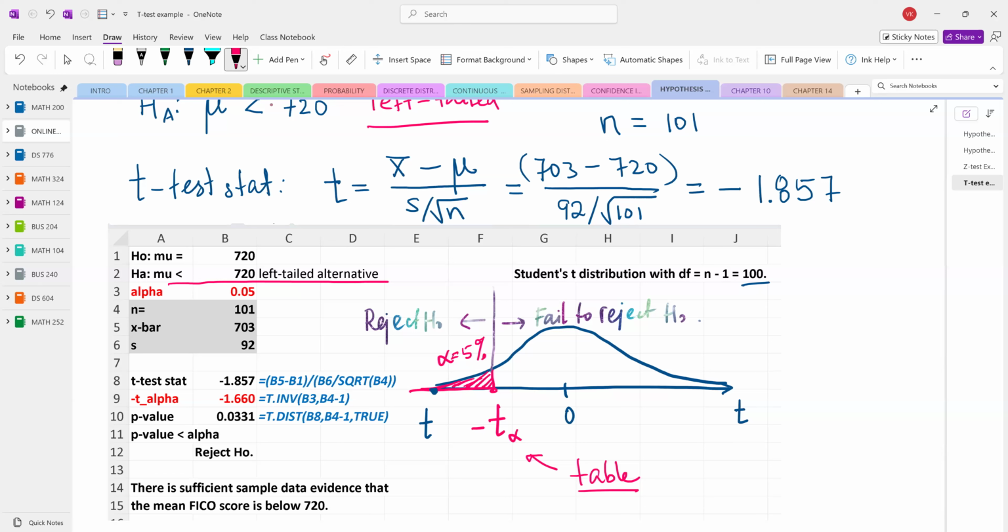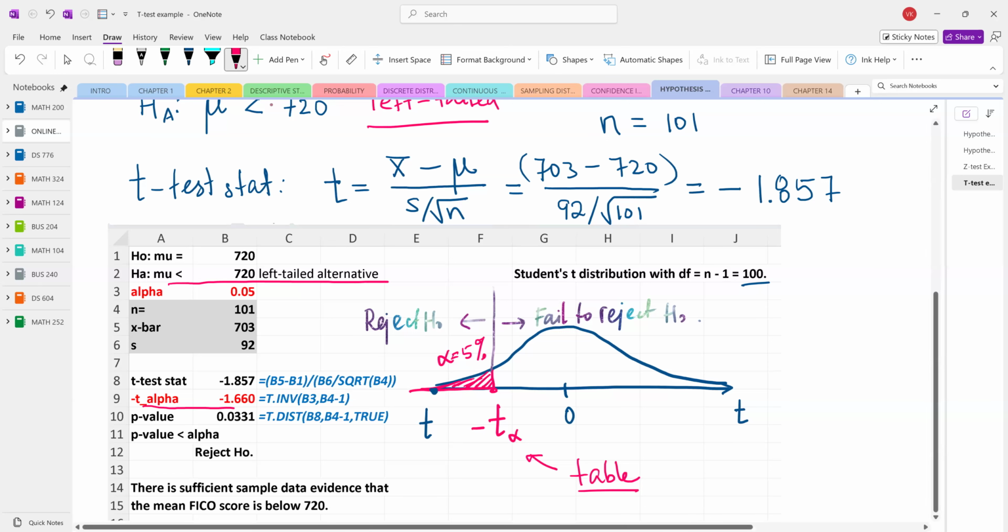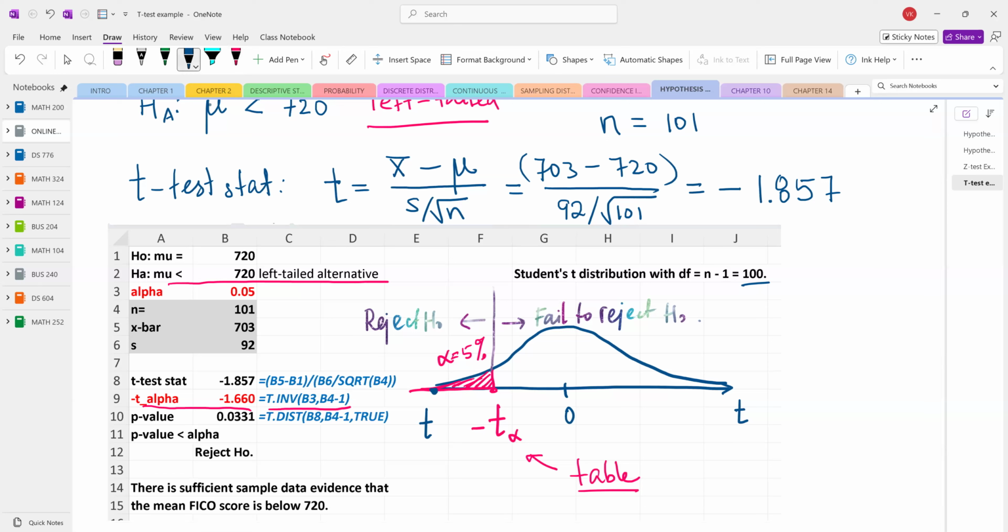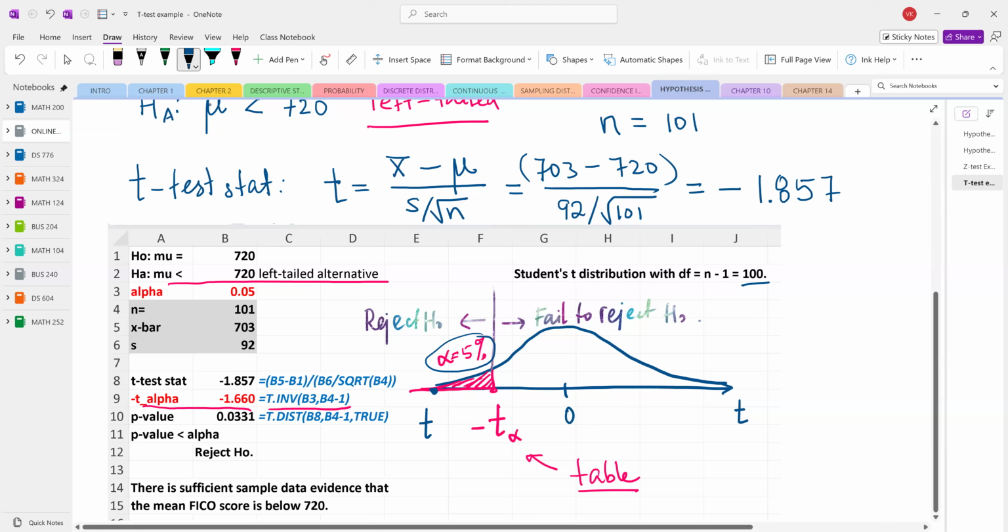So if you'd like to take advantage of Microsoft Excel, please pay attention. This is how you calculate this t critical value. If you use this T.INV, which is the inverse function for the t distribution, this function will output the t value from Student's t distribution. You do need to supply the area in the left tail and the degrees of freedom. So the syntax for this function is the following: